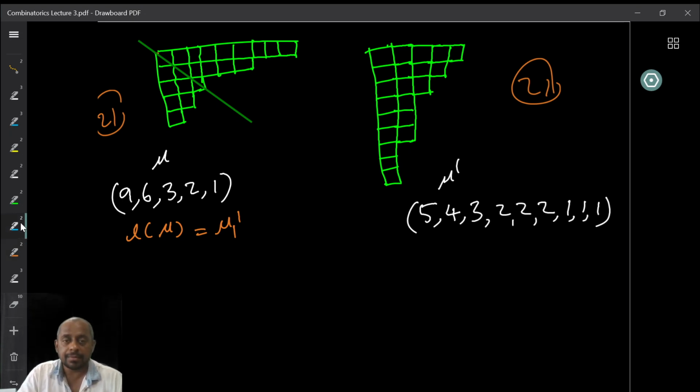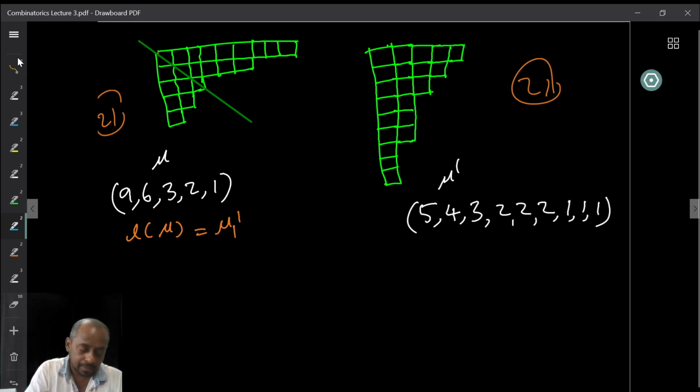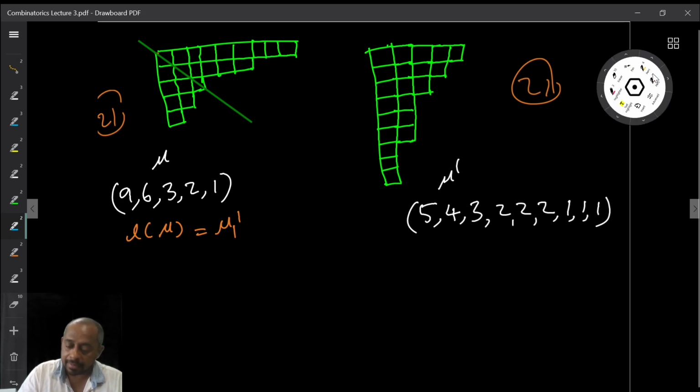Can you find a relation between these two figures? If you look at these two figures, you will notice that suppose you take the line that goes from the northwest corner to the southeast corner, right? That line, so 45 degrees, and put that line on the diagonal, like this. And then take the reflection of this onto both sides, the reflection with a mirror. You are going to precisely get the same figure that is on the right hand side.